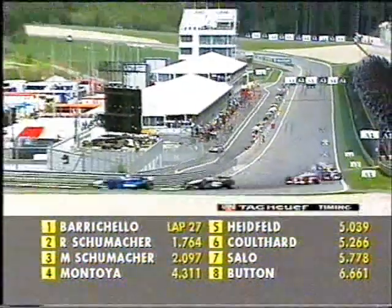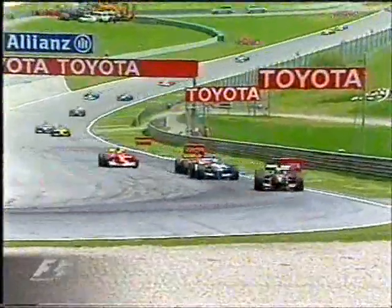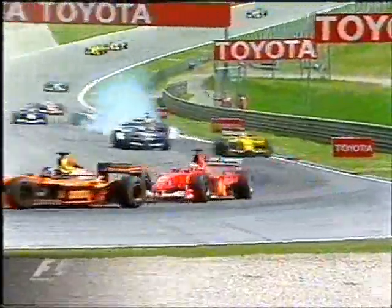Montoya, you see already, straight past one of the back markers in 4th place. And Montoya is used to this situation, James, sitting behind his safety car. Obviously in American racing, there's a lot of that goes on. The format really was to keep the tyre pressures up, keep the car...